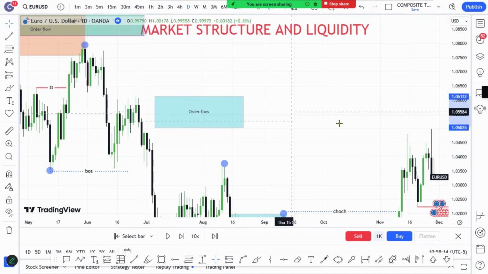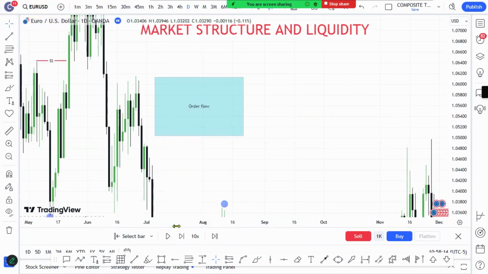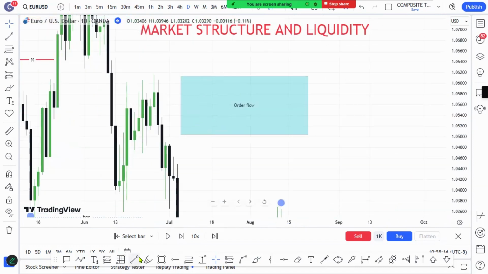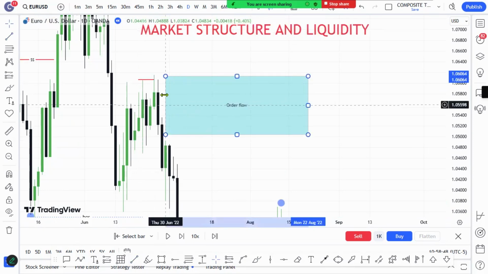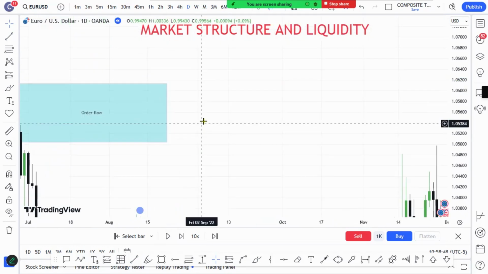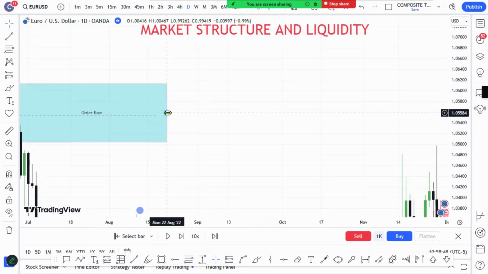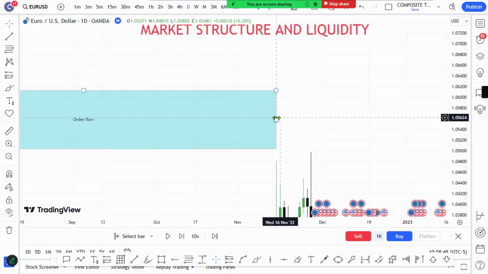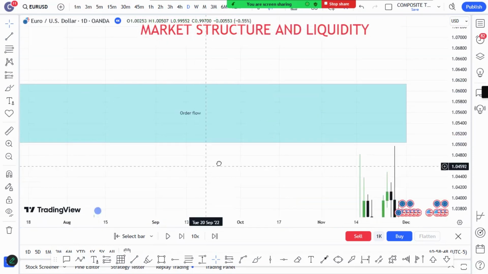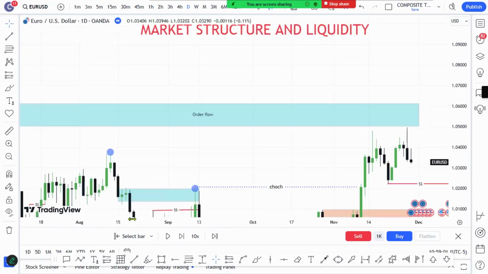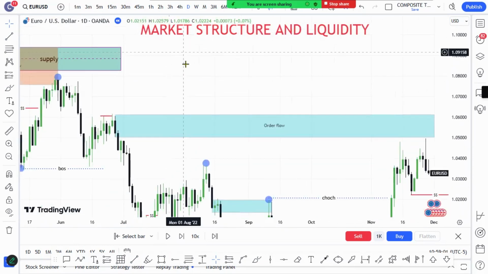You see, we have a very nice zone here, a sweep of liquidity, and they will want to pick maybe this black candle here. They want to use it as a supply zone to sell. But the market does not respect anything from the left. If you want to start understanding this market, work with the most present time.